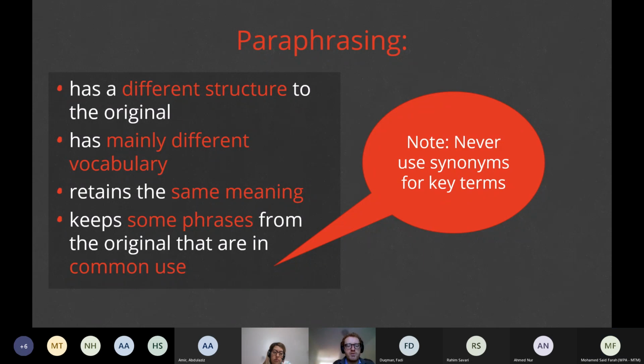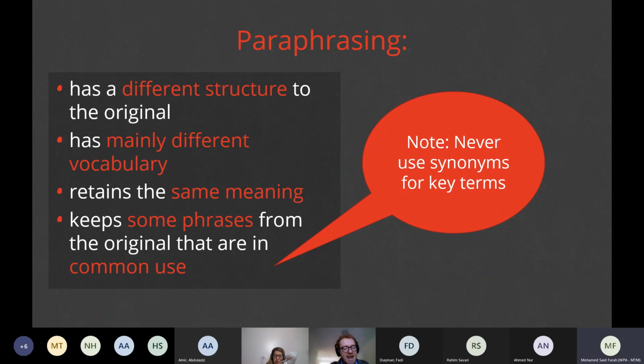All right, so there are several different methods for paraphrasing. Some of you have mentioned that we use a different structure. So different structure is important. Another way we can paraphrase is to use different vocabulary. However, we need to keep the same meaning. And we can keep some phrases from the original that are in common use. An example of that is key terms. So if vocabulary is very specific, or if there are key terms, which is what will happen when you guys are doing your engineering studies further down the track,